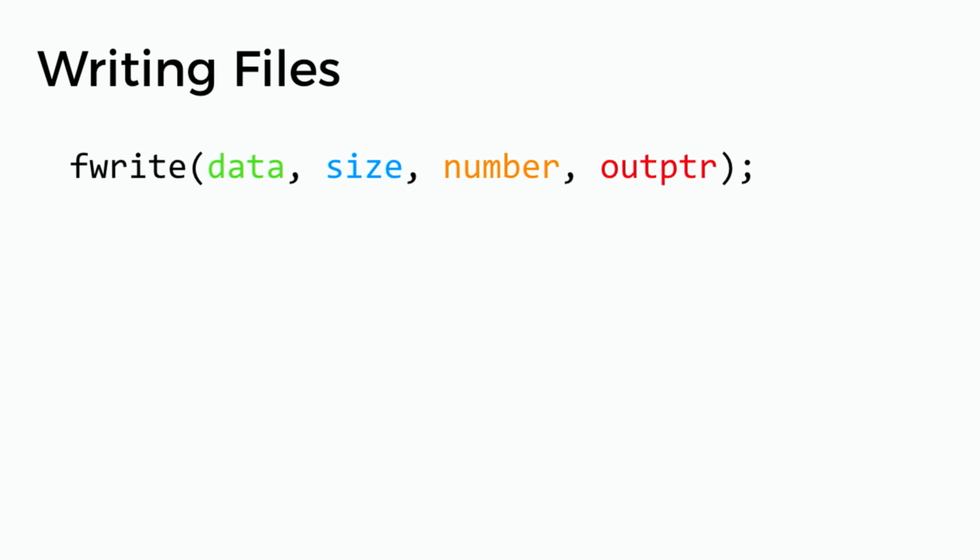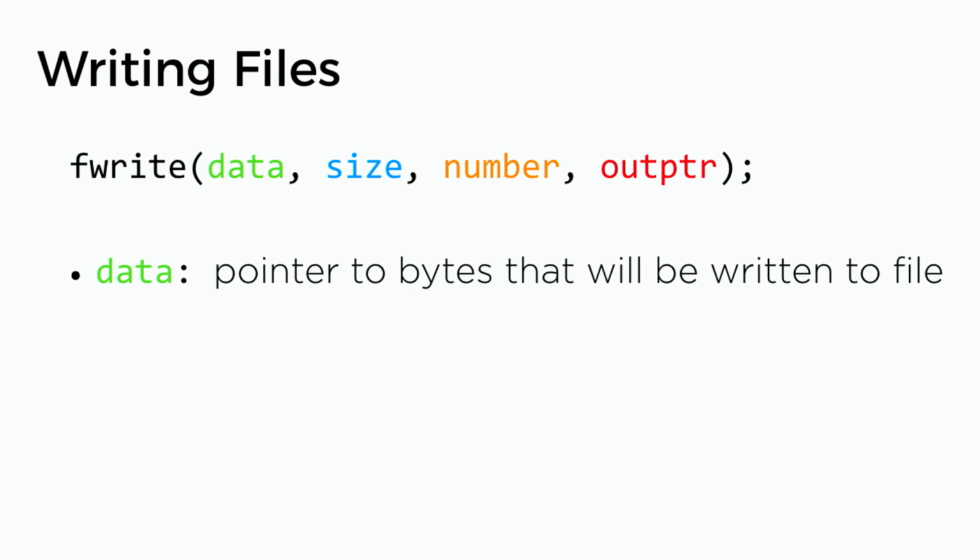How do you write data to a file? To do that, you can use the inverse of fread, which is fwrite, which is going to write data to a file. Fwrite, just like fread, also takes 4 parameters. The first parameter, called data, is going to be a pointer to all of the bytes that you want to